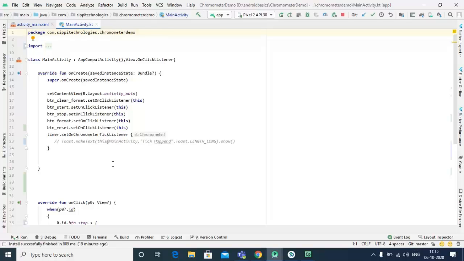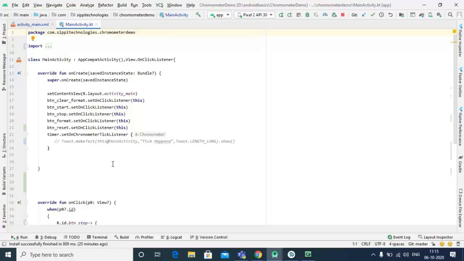On our start we set the base again, and basically we will keep track of our chronometer's progress, and on a stop we will store the value of where our chronometer stopped,